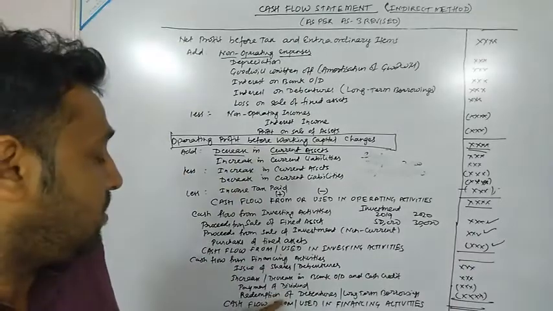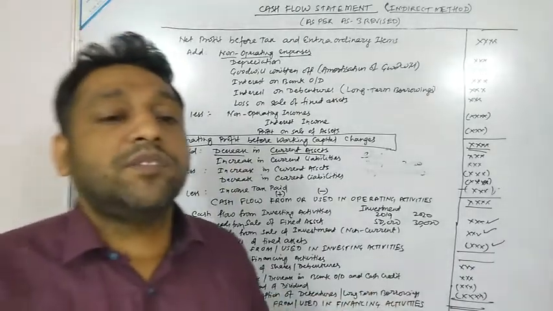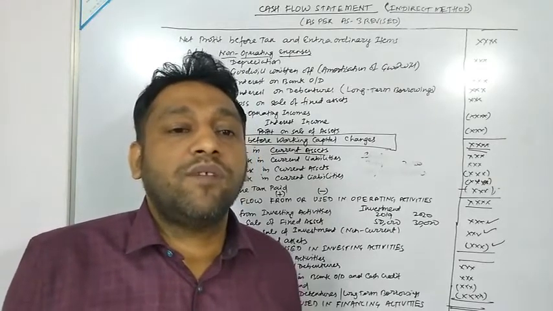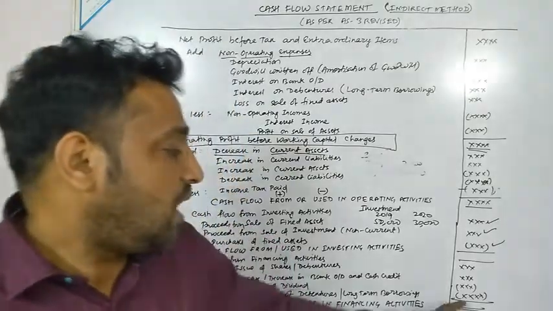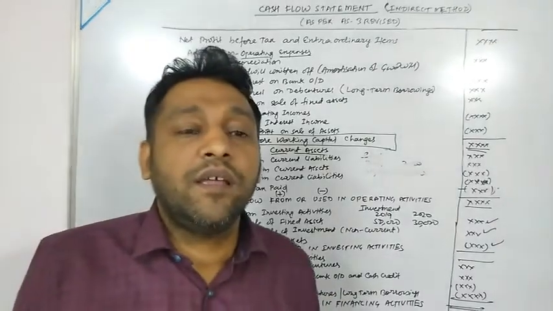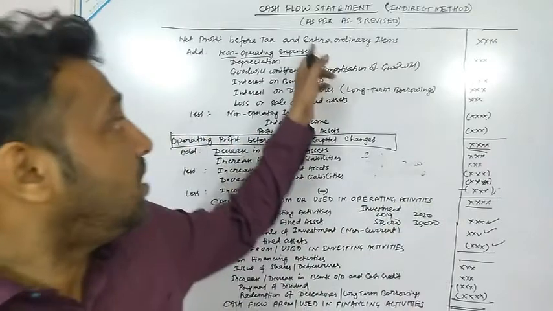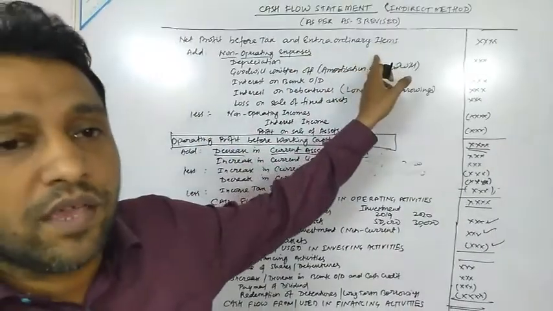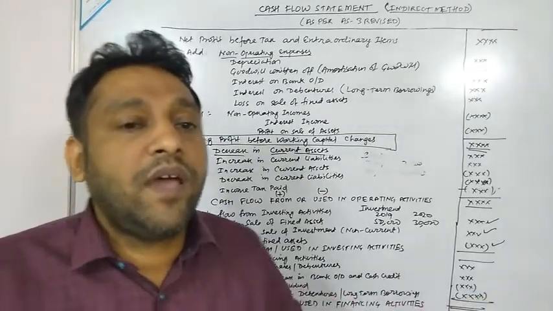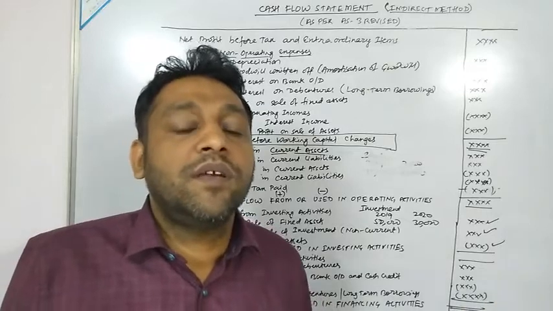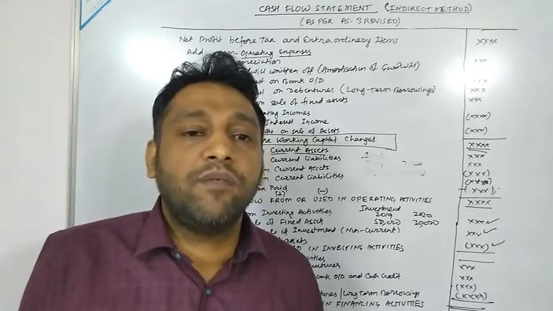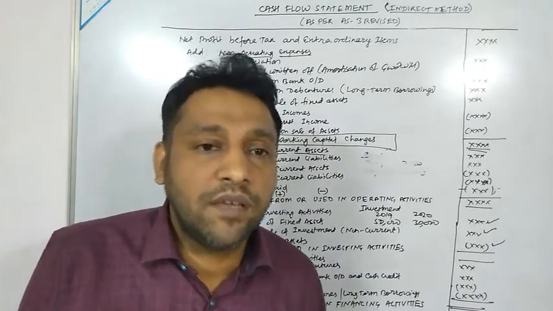Similarly, in case of redemption of debentures, if the debentures value or long-term borrowings value is reduced, that means we will assume that we have paid the amount of debentures, so that would be subtracted. Now again, payment of dividend: as we have read earlier, dividend is added to the net profit before tax and extraordinary items. Here we have to subtract the payment of dividend. Why has it been subtracted? Since dividend is paid on share capital, and share capital is a part of financing activities, payment of dividend would also be considered a part of financing activities.